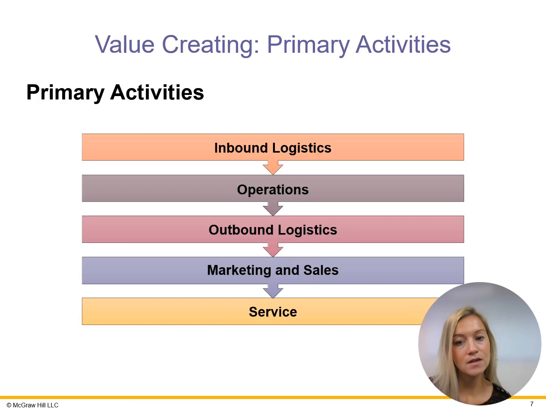The primary activities of Porter's value chain include inbound logistics, or how the firm goes about sourcing raw materials for production. This includes activities such as receiving, warehousing, and inventory management. Next, operations, how the firm converts the raw materials into final products. This includes activities such as converting finished goods, or even how we convert services as well. Outbound logistics, how the firm transports and distributes the final products to the marketplace. So how do we distribute these finished goods or services to our customers?